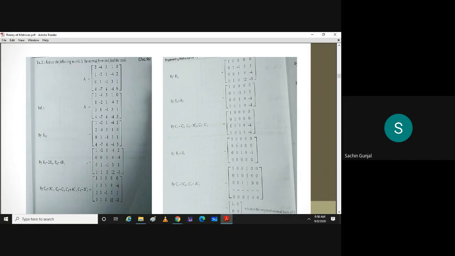So you will get the last row 0. You can see 1, all other entries 0, then 0, 1, 0, 0, 0, then 0, 0, 1, 9, minus 4, and the last row is 0. Can you tell me the last operation? The entries beside the 1, 9 and minus 4, you will have to make 0. So the operations are C4 minus 9 times C3, using this 1 to make the 9 zero, then C5 plus 4 times C3, so that you will get 0 here. Is the operation clear?